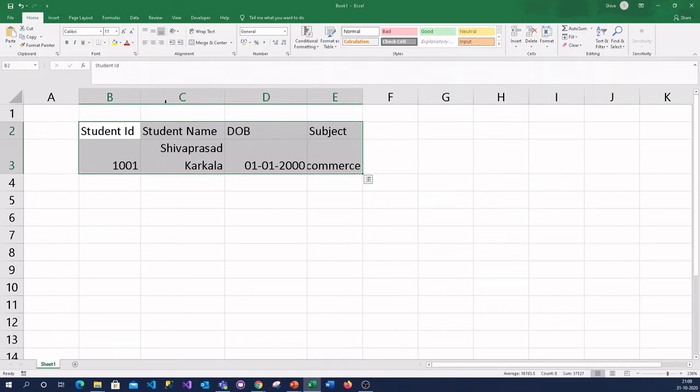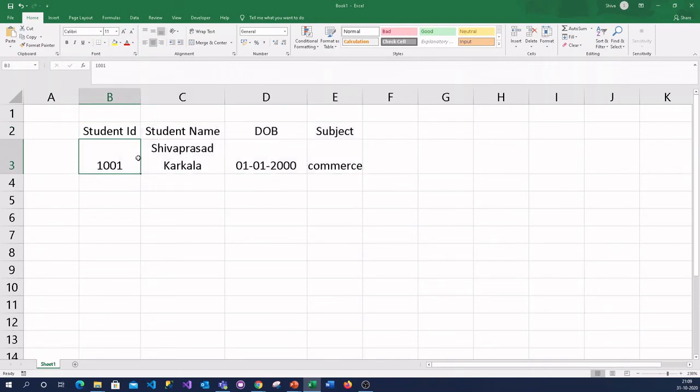Now all these are selected. I can click on center align and all the text is center aligned now. This way you can handle the data and make the alignments and look and feel of the data.